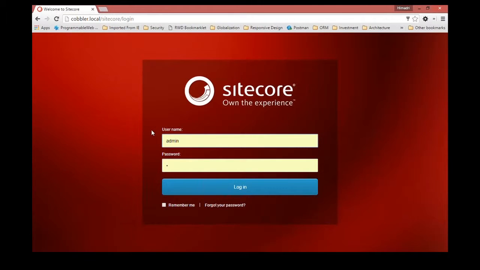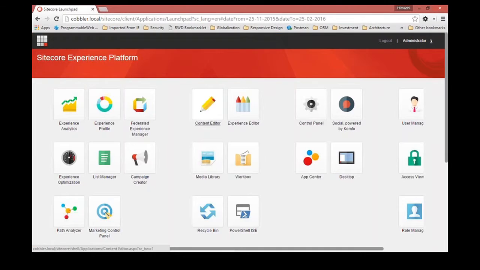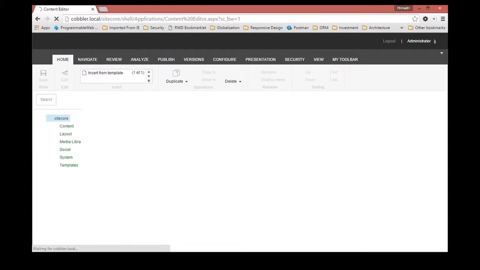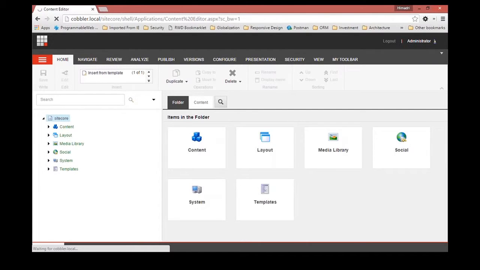And this is my local site. In the content editor, I will create a new item and serialize that item in my project, and then I will act as developer 2 also. I will deploy that item in my